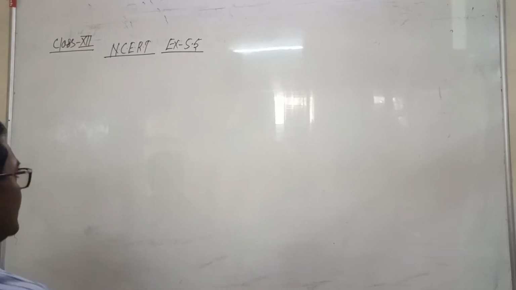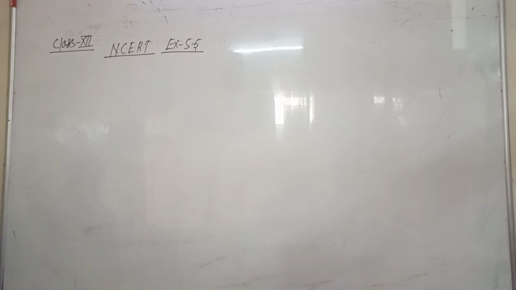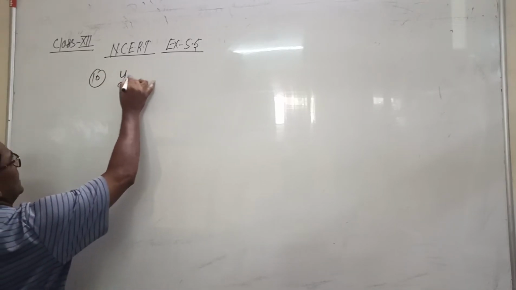In the previous video, we discussed NCERT exercise 5.5 up to question number 9. Now we will see question number 10. Find dy by dx, y equals